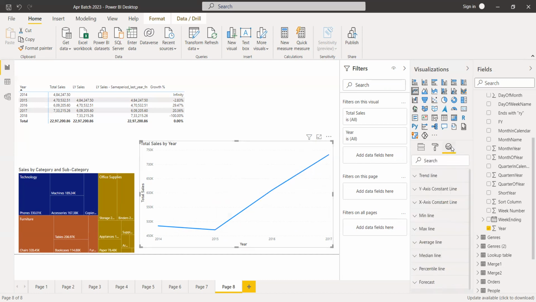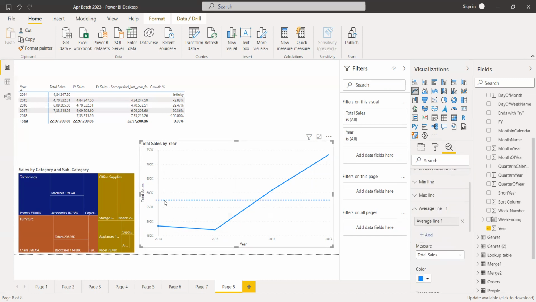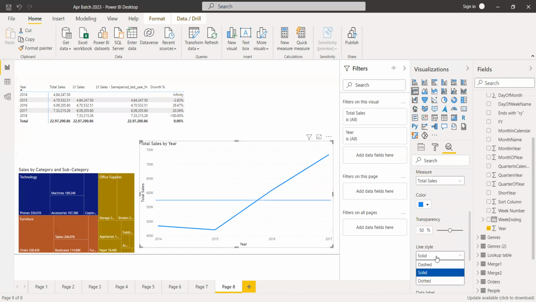I'll just go to this analytics. I have something called average line. I will just say add. Now you see the average line got added in here. So that's why we want to know the average, again, there will be a reason whenever we are trying to add something, because this average line will help us in understanding what will be the average sales over a period of time, and